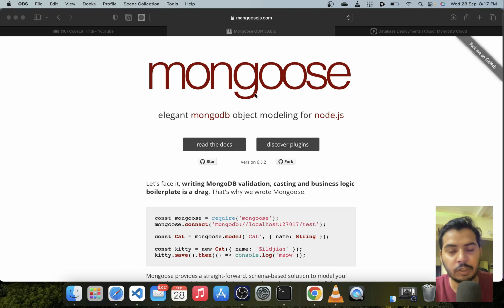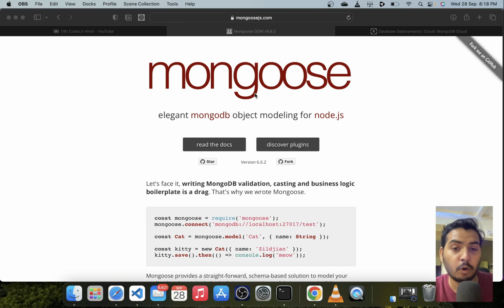So in today's video we are going to learn about Mongoose ODM, which is a data object modeler which helps us in interacting with MongoDB. Apart from helping us to connect with the MongoDB database, this Mongoose ODM also helps us in creating a schema which is consistent so that we do not just feed anything random to the database. We can simply create a structure for our collection.